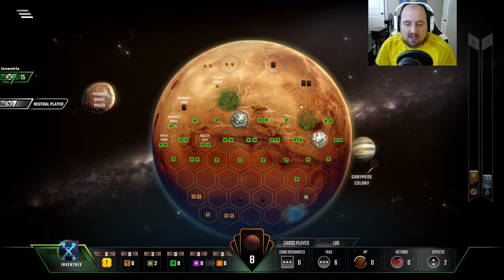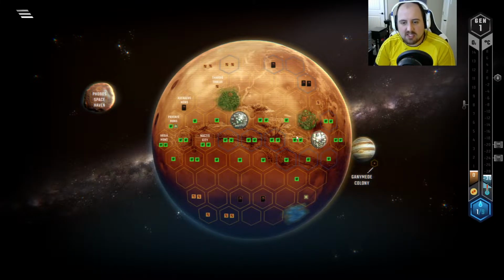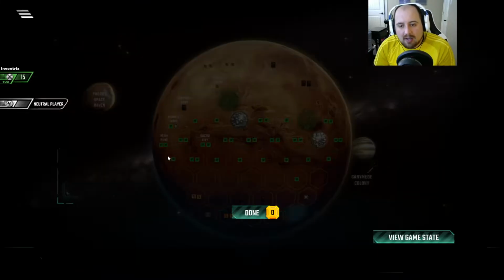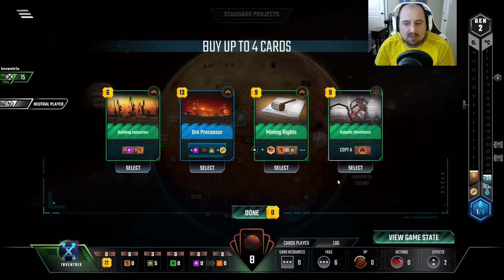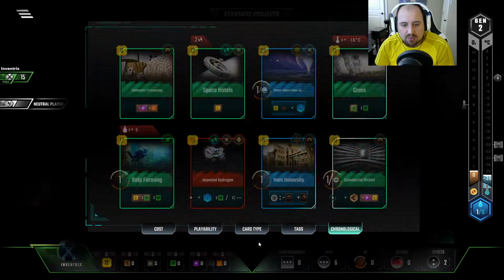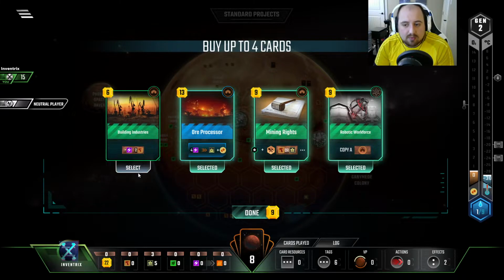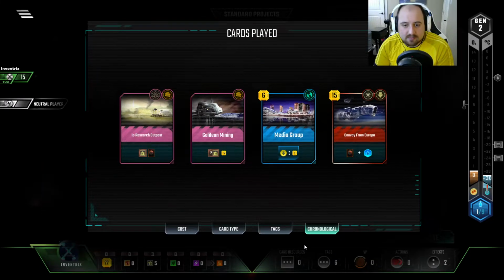That's fine. The neutrals have blocked some critical good spots for us to put greeneries and stuff down, but generally I start over here anyway, which is fine. Mining Rights is good. Are we going to have energy? I'm not sure that I want to commit to Ore Processor. Well, I do, actually, but...